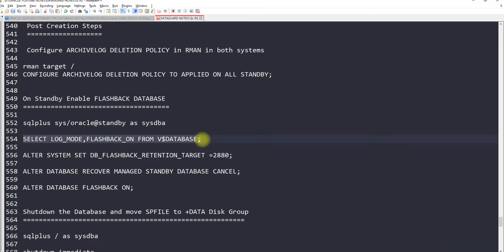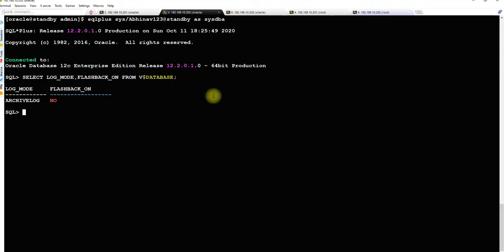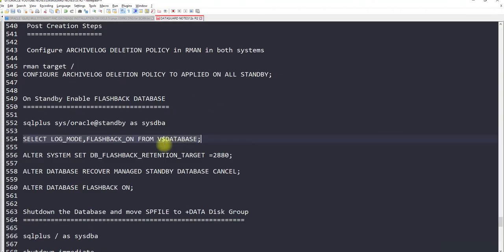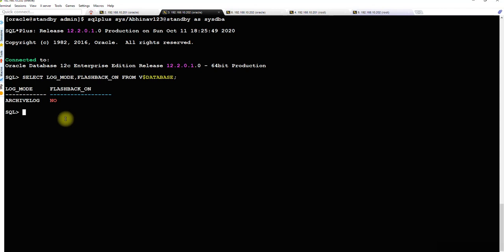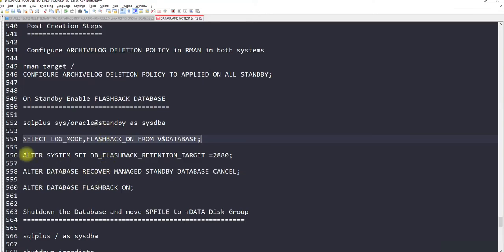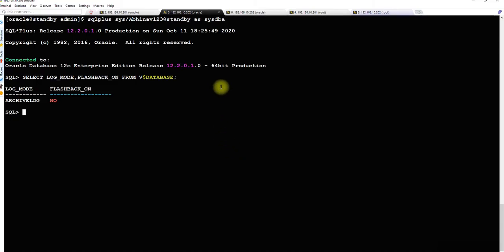Need to check the log mode and flashback on column in v$database. So the log mode is archive log, but flashback is no. Okay, so you need to set the retention target accordingly. It's done.